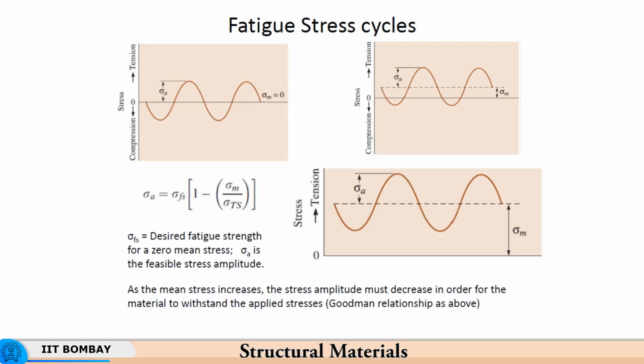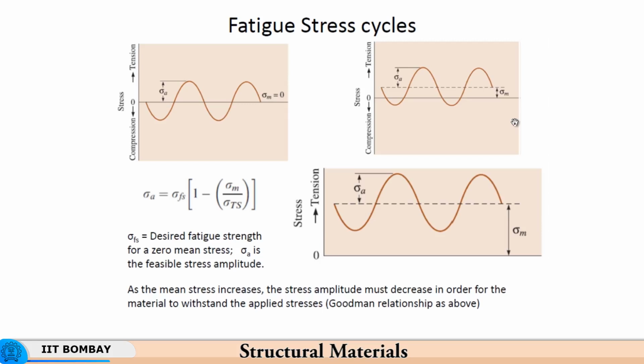So, the load is applied and it persists for a long period of time, because it is very close to the ultimate tensile strength. So, there is no room for any kind of fluctuation that can be accommodated, because you would reach the tensile strength and the failure will take place